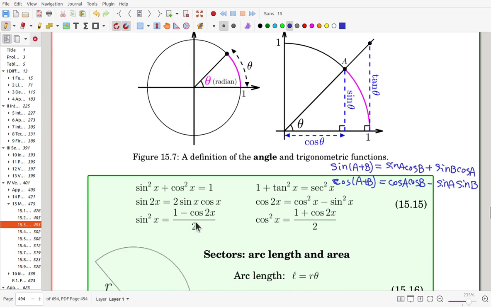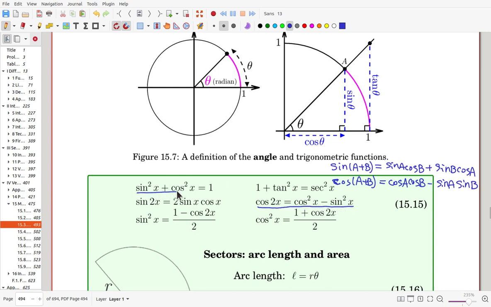Now these two will be used a lot. Sine squared x is 1 minus cosine 2x over 2. Cosine squared x is 1 plus cosine 2x over 2. Now the only difference is the sign. Rather than minus, we are using plus for cosine squared x. This will be used a lot, but this one is obtained from this one